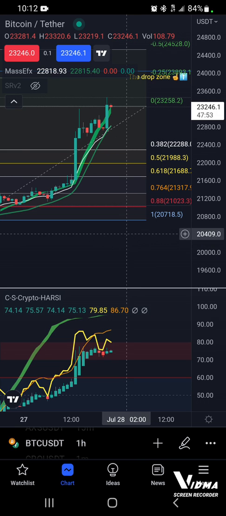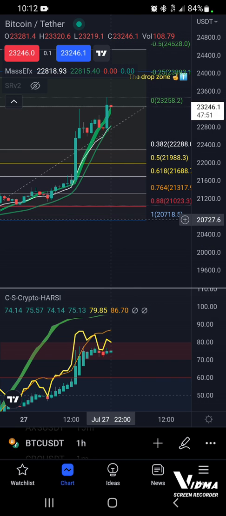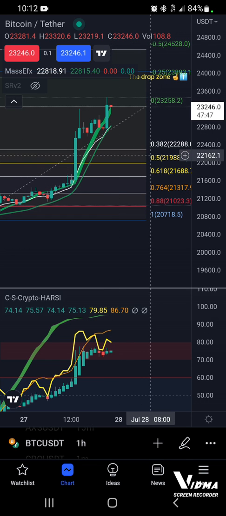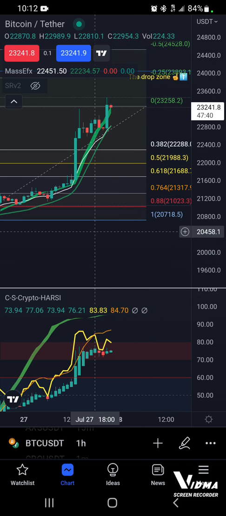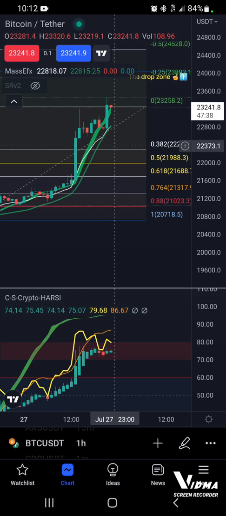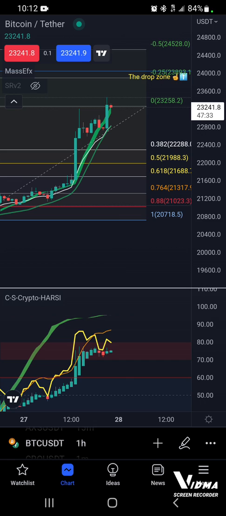From this point, I know that the move is over, so I would short down to the 50 level. You see this? The 0.5 level. I'll be shorting down to this level. So not only did I make profit in this move going upwards, but I'm also going to make it in the move coming down to this 50 level. So I'm going to do that right now. The 50 level is going to be 21,000. Hang on. The 50 level is going to be